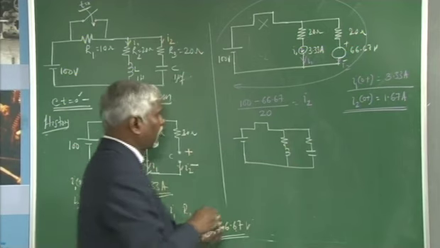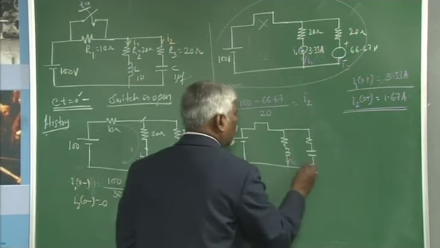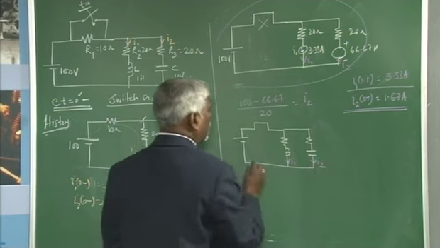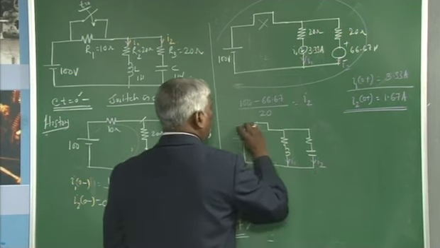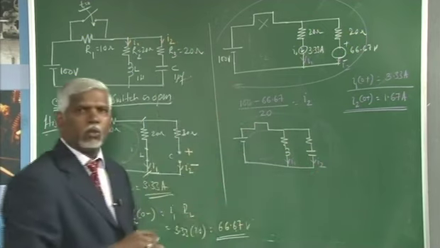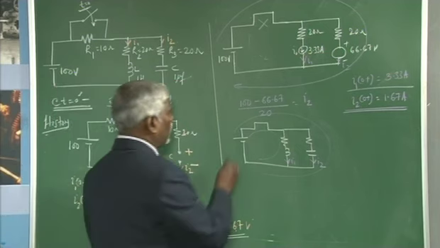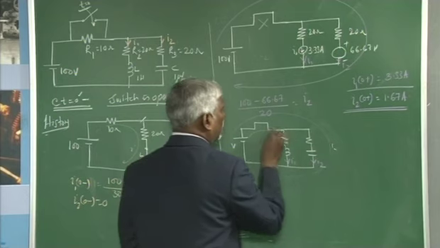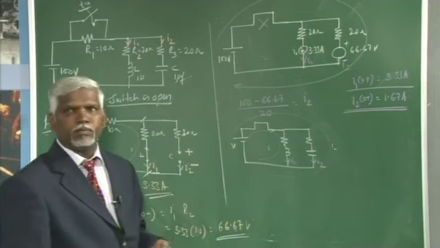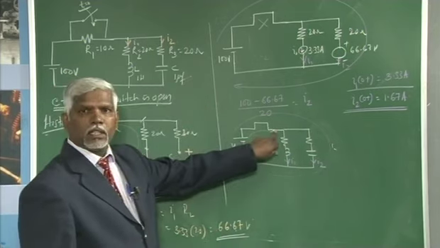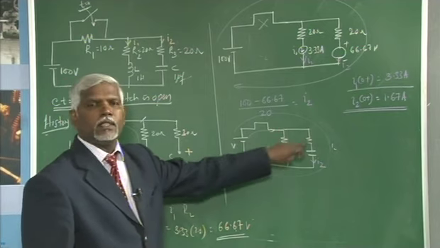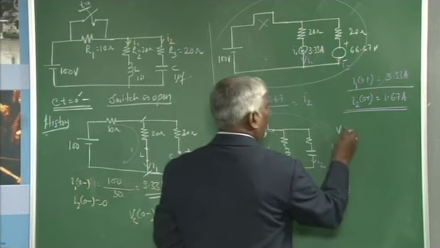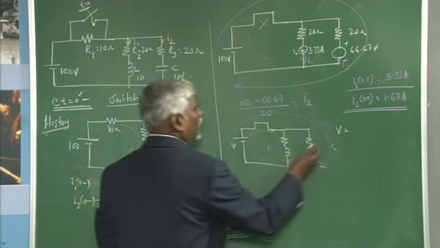So, this is my current I1, this is my current I2. This can be one loop and this can be the other loop. I can write two loop equations for this. The first loop equation is for I1, this is I2, and this is the total current I1 plus I2. If there were any resistor, I should have taken I1 plus I2 as the current through it. It is nothing but V for the first loop,